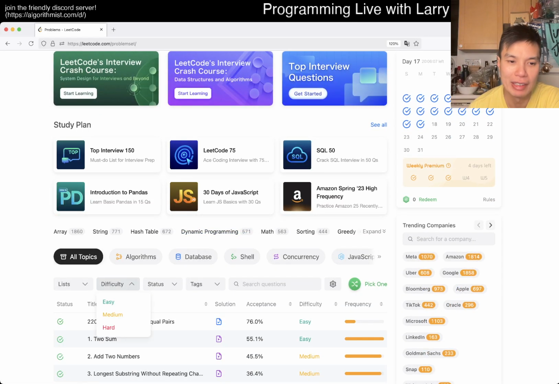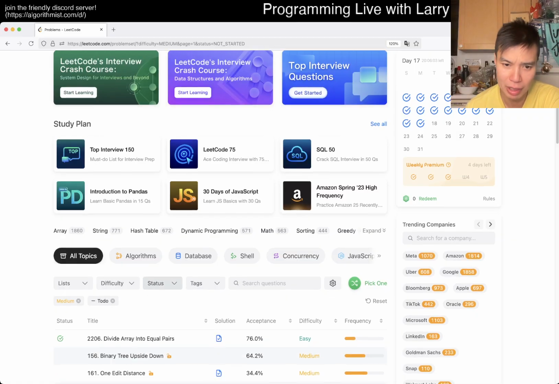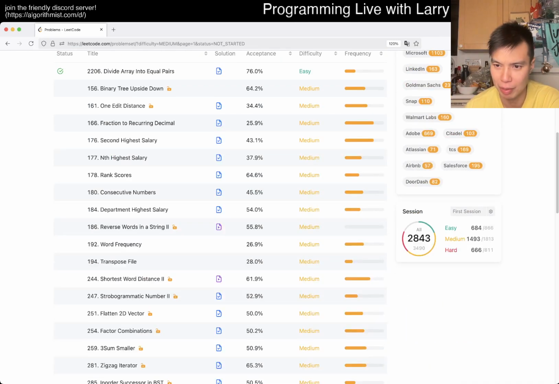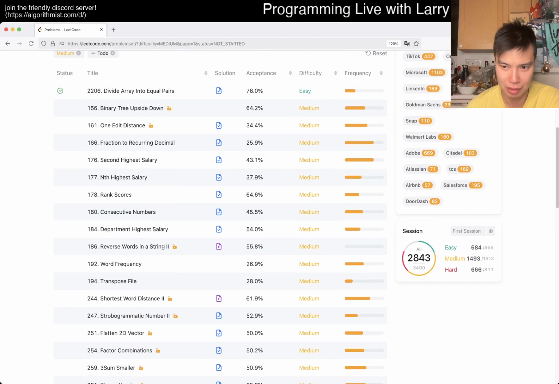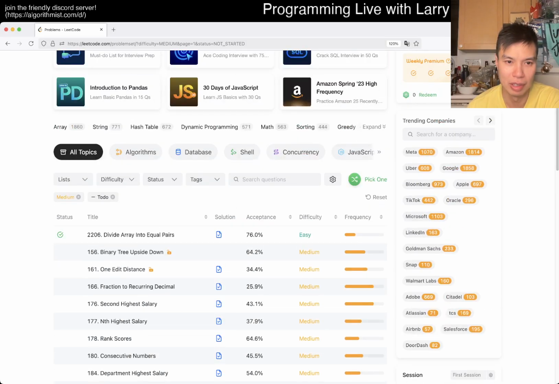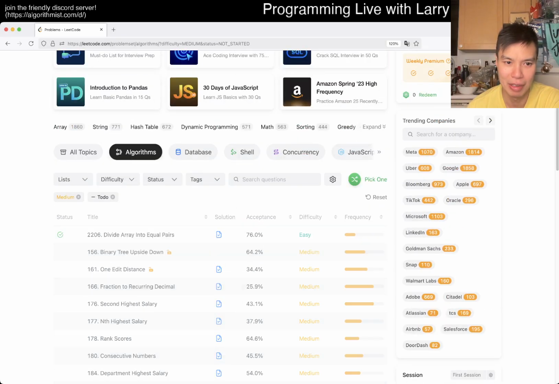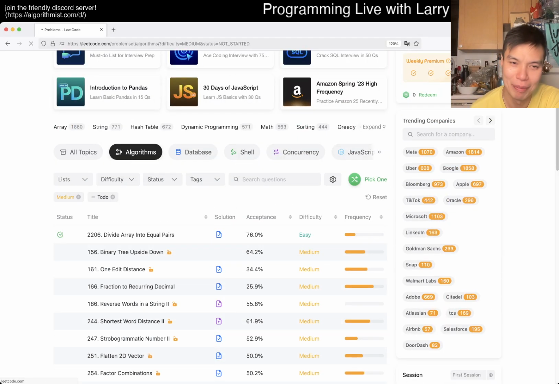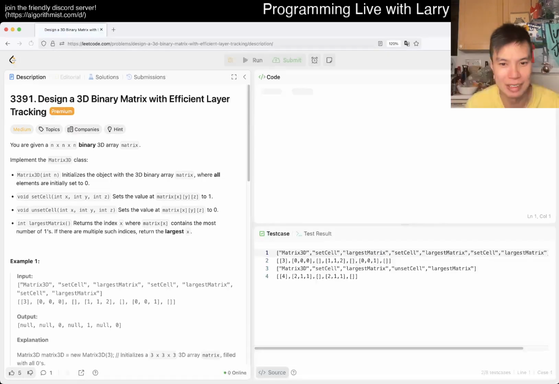And today we had an easy problem, so I'm going to try to do a bonus problem. Today just keep it medium. We're missing a lot of problems anyway. So yeah, let's do one that I haven't done yet, and let's keep it algo because I have a lot of SQL problems that I haven't done yet, but you know, not that interesting for today.